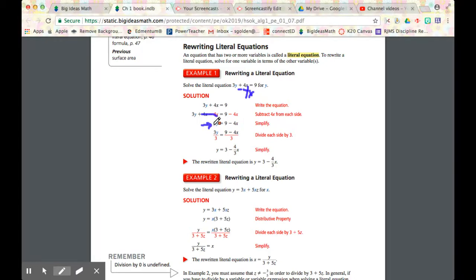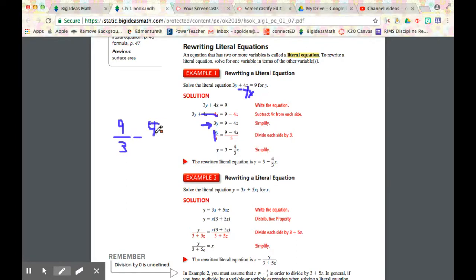So we've got to get rid of this 3. It's being multiplied, so we're going to divide this side by 3, and we divide this whole other side by 3. So the 3's cancel over here, and we're left with y equals, which is what we want. Now, what they did from here to the final answer is, since it's everything over here divided by 3, you could rewrite it, breaking it down. So 9 divided by 3 minus 4